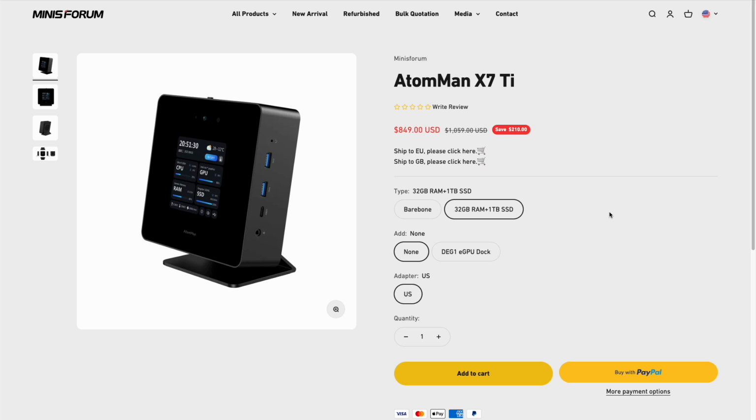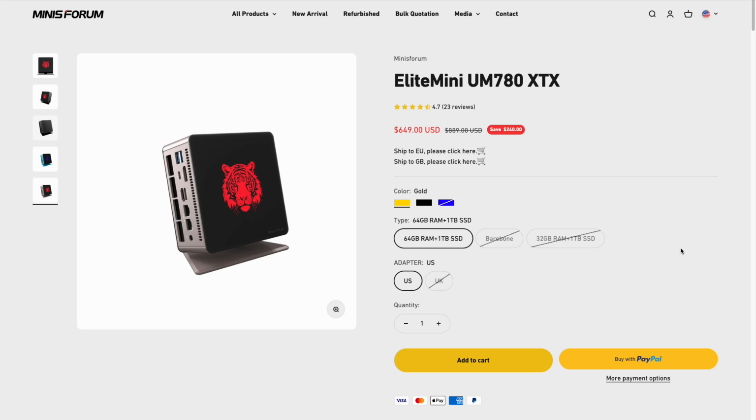at launch. To put it into perspective, one of my favorite mini PCs from late last year was this one from MinisForum. It was called the UM780XTX. This one had a similar form factor and size and also an OCuLink port. It didn't have a touchscreen on the front, but it was $200 cheaper, and that's with 64 gigs of RAM